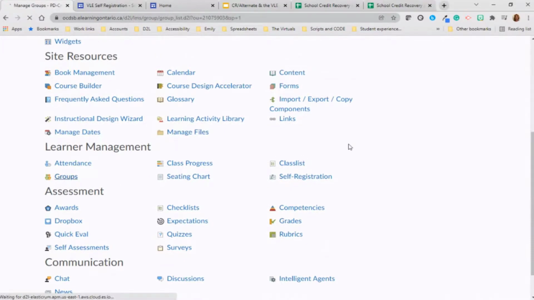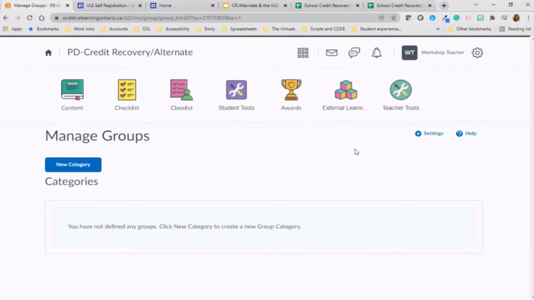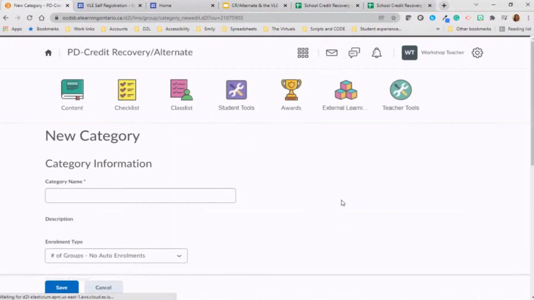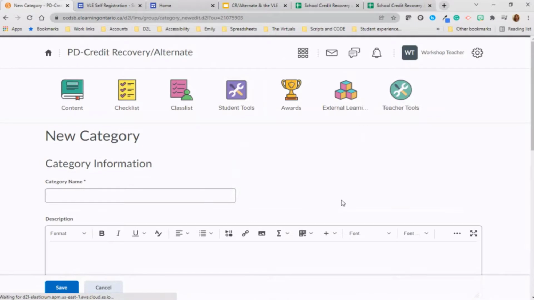So I can create groups and assign students to those groups, and then they would only be assigned the specific content that I wanted to give them. Again, this is completely optional. You can put your course together, request your course, enroll your student, and you're good to go. Everything's set up. But if I wanted to,